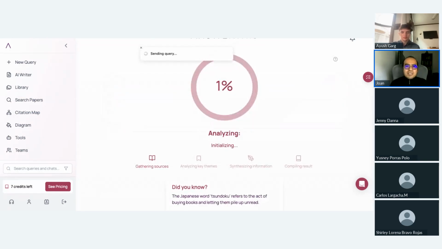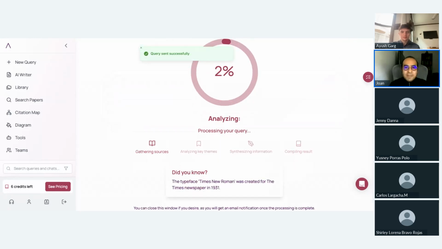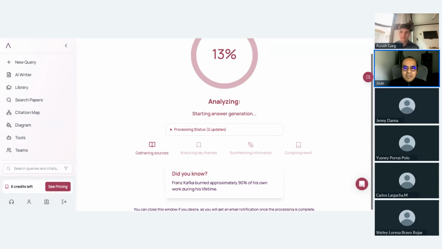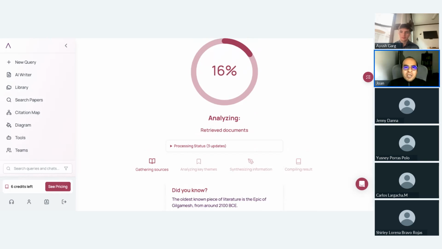So it will start to search into the thousands of papers which are included in indexed journals around the world, which is a guarantee that you have a very good result. As Ryan mentioned before, it is important to use the result of the large models like AnswerThis